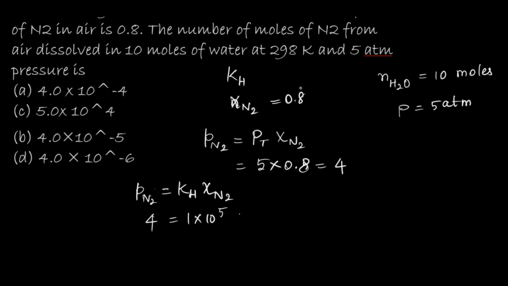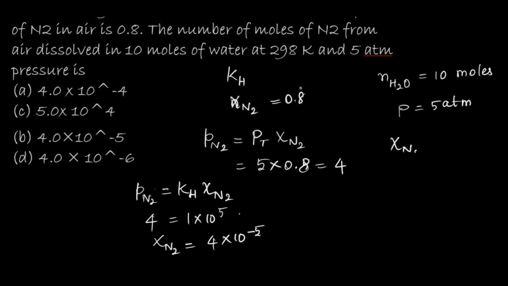So we will end up with the mole fraction of N2 becoming 4 into 10 to the power minus 5, right? So in that case, let's consider the second part of the question, that is the moles of N2 from air dissolved in 10 moles of water. So the number of moles of water is 10, which makes